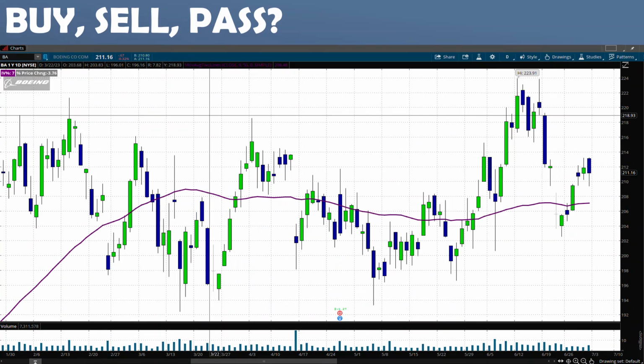And one last time, what about now? Would you be a buyer, a seller, or pass? Yeah, while the price is clearly above the purple line, we would not have made it past the first condition, a smooth up or down trend. This stock is just a little too erratic. So in this case, we would simply pass. Trading gives us that luxury.